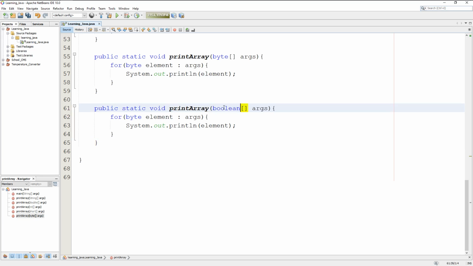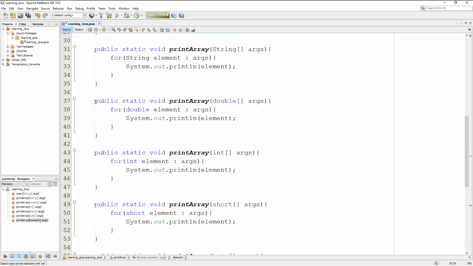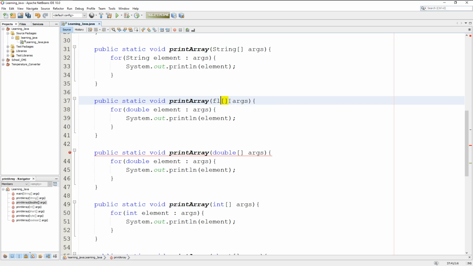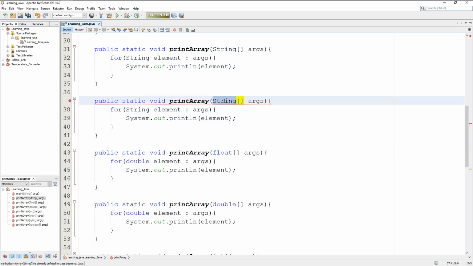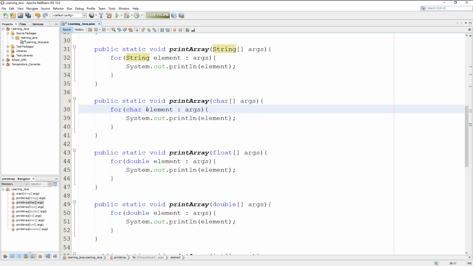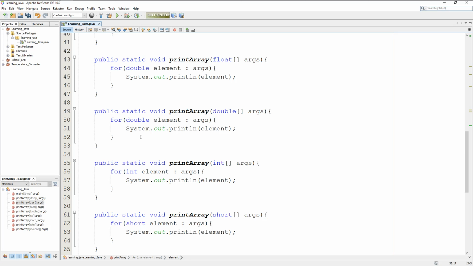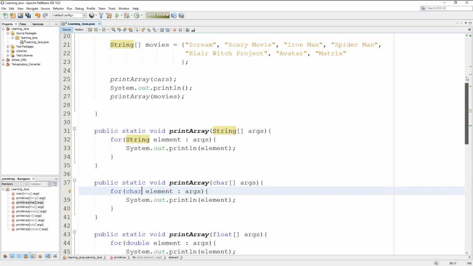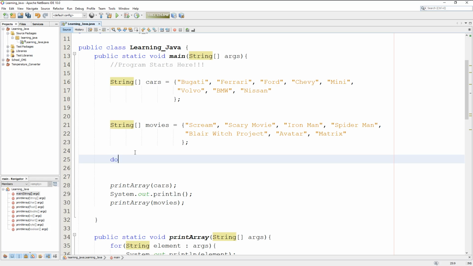So then you can go boolean, and we can put a boolean here. And there we go. We got pretty much all of them, except now we can do a float here if that matters. We can drop this one down and turn this to char. Spelling it right. There. So now we overloaded every single one very quickly. We got all these overloaded methods that will basically read out any type of array that we wish to throw at it. So now if we went in here and said double,